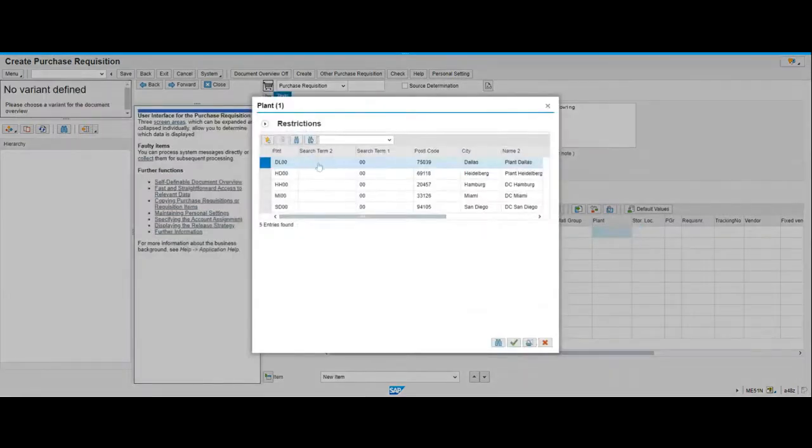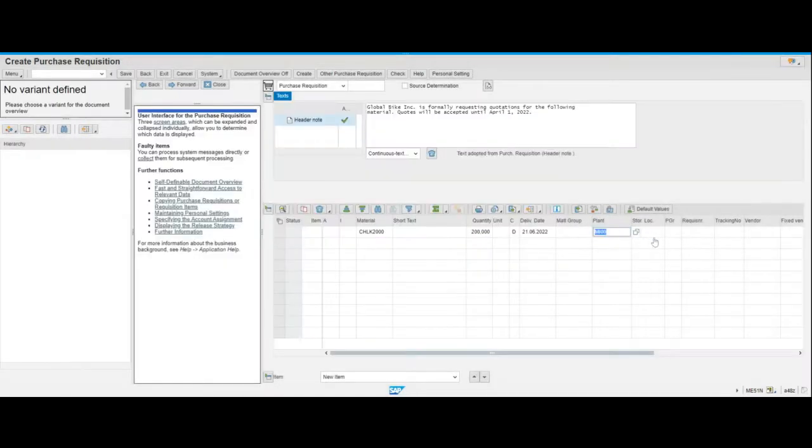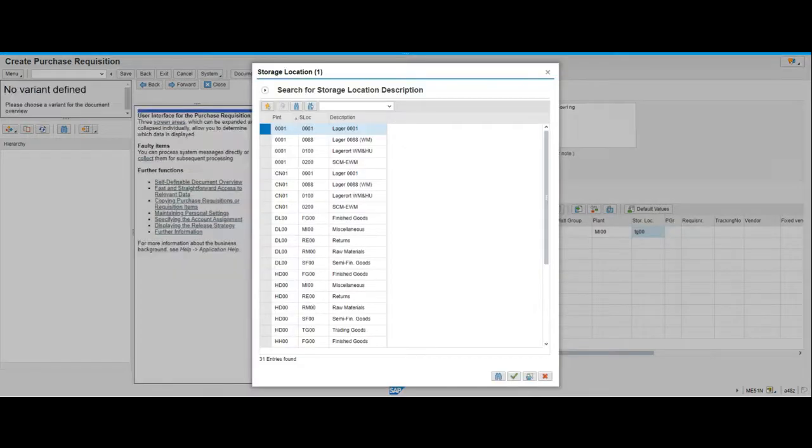Plant, you can search for it from here. For example, Miami, this one here. We are looking for this plant, MI0s. You can write MI down. Storage location is TG00, or you can search from here. It's the same thing, but it is also available here. If you click here, you see so many different ones. So we are looking for TG, which is